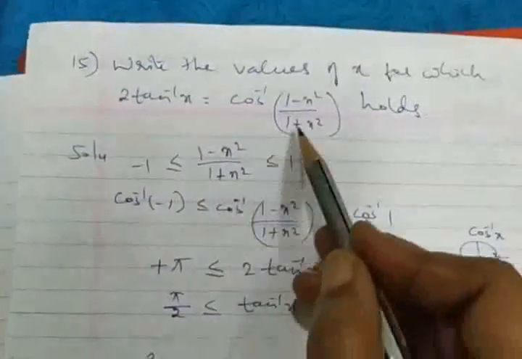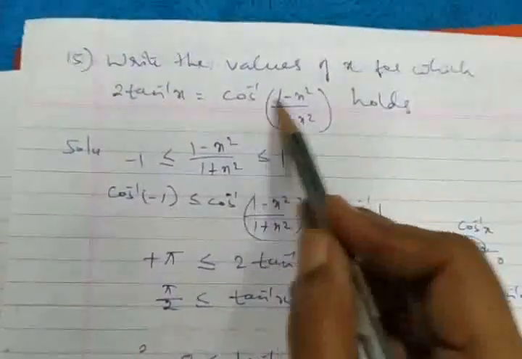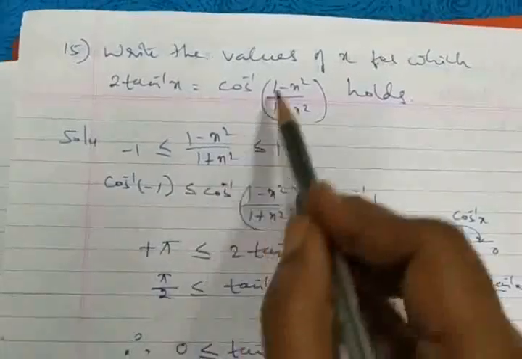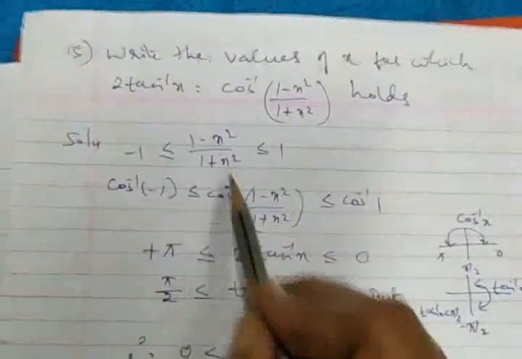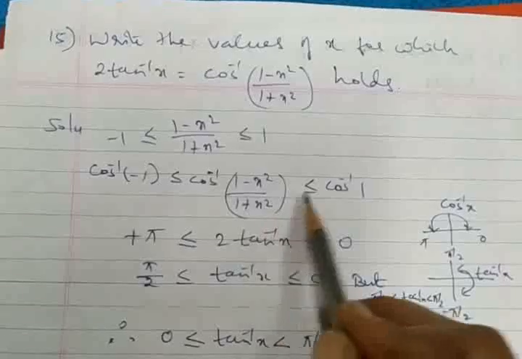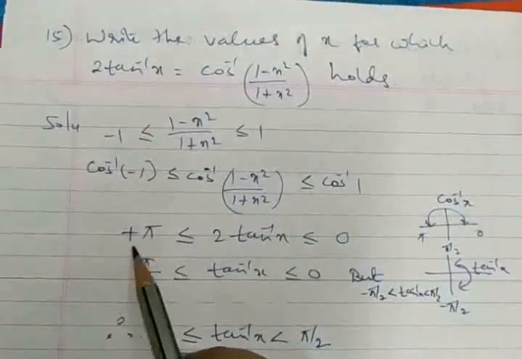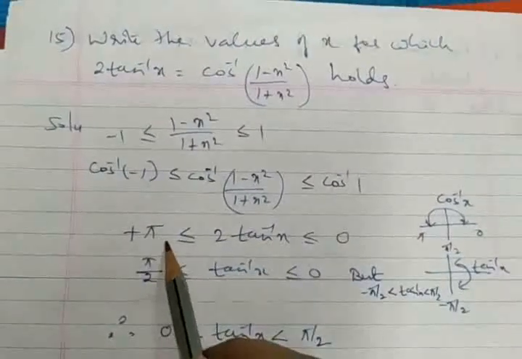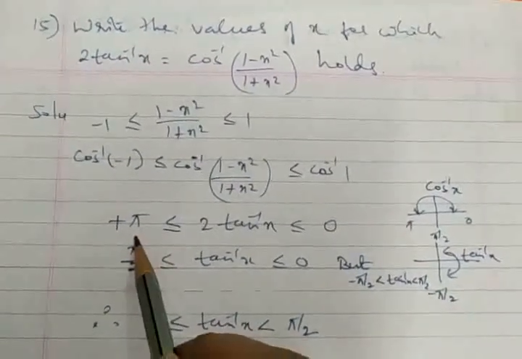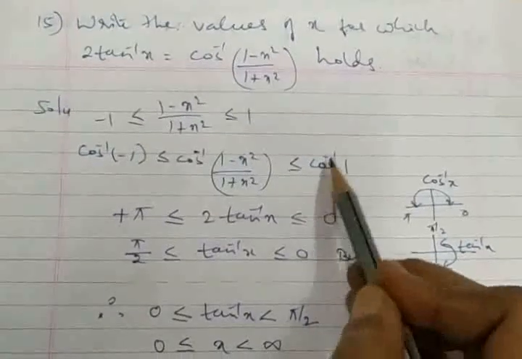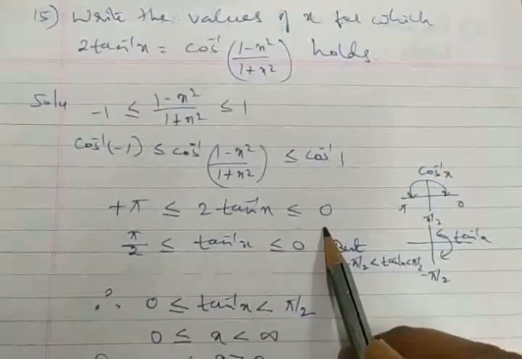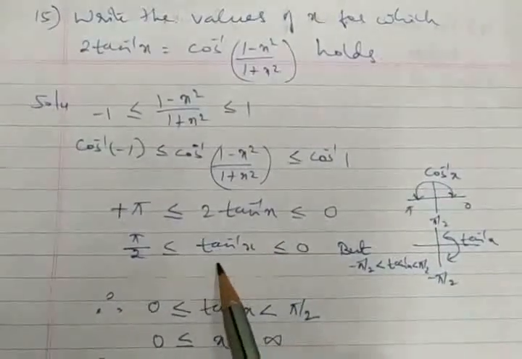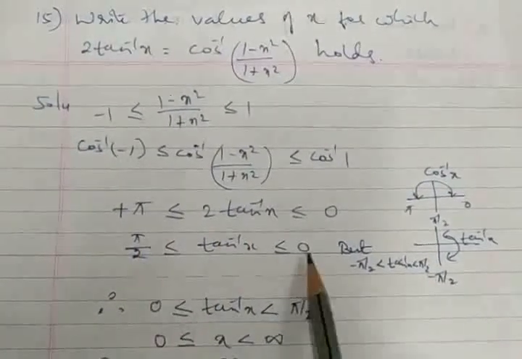But how did we get it? Again cos inverse, all of this. This whole domain should lie in minus 1 to plus 1. I had taken cos inverse here because the whole term can be equated to 2 tan inverse x. And that's why it is less than or equal to cos inverse 1. So I find it to be plus pi, because cos inverse minus 1 is taken as pi minus cos inverse 1, which is pi. Here I find the result to be cos inverse 1, which goes to 0. So we find 2 tan inverse x here, and balanced it here. We are left with dividing throughout by pi by 2. I find it to be 0.